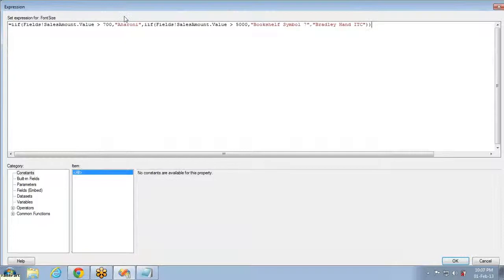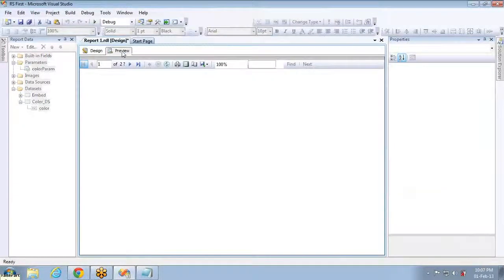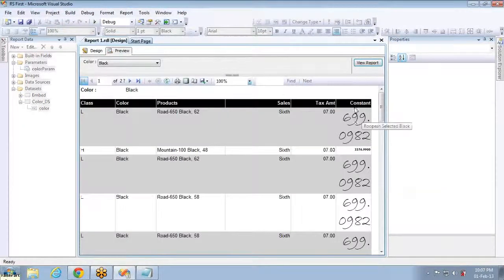If you see, instead of font family here, it will be font size 10 pt, and here instead of Bookshelf, I'll show 20 pt, or finally 30 pt. This is size, right? So I'm setting in points. Now let's see the values, how it shows. You can see this is coming in 30, I think. This is coming in 10.